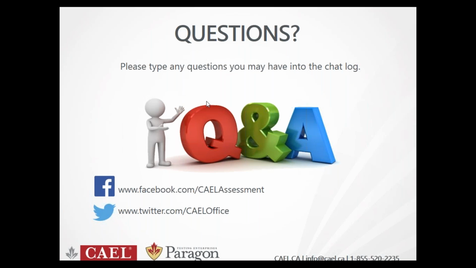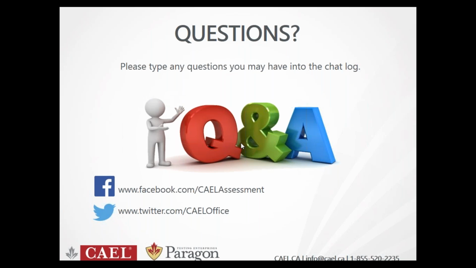What about that? So we do have a reevaluation procedure. What that means is that if you feel that your test was scored incorrectly, your responses will be reevaluated. So you can request that as long as your test was within 6 weeks of the time that you want to request a reevaluation, and that can be requested online on our website in your CAEL account. So that's how you request a reevaluation. So there's definitely an option if you do feel that your test was scored incorrectly.